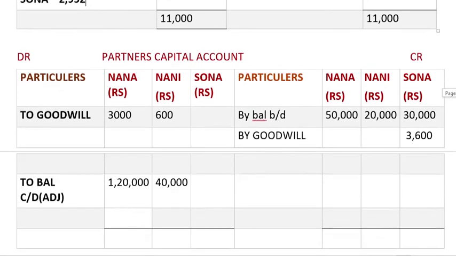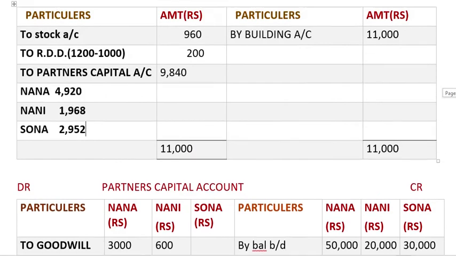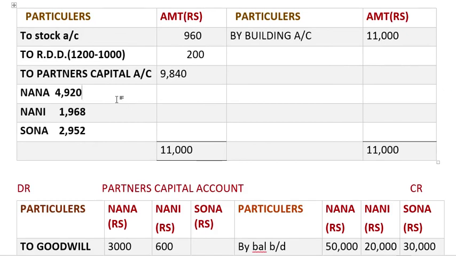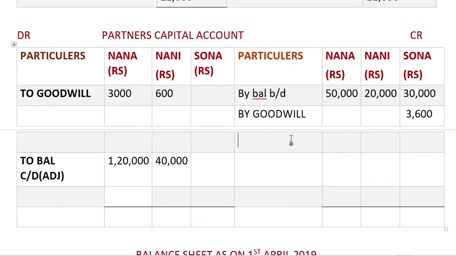Okay, and this is what? This is the profit they have made. We can write in bracket profit. Okay, so this is going to be transferred over here,